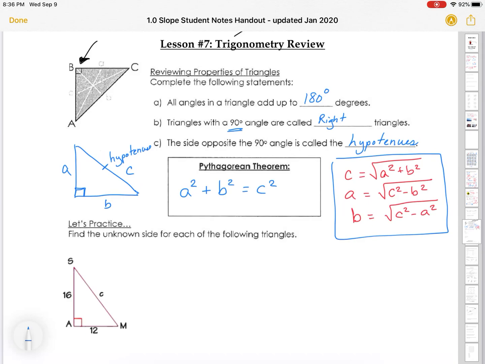Now remember, you've got to add it all together first before you take the square root. So it's important to kind of take your time with that and do your steps. Okay, so